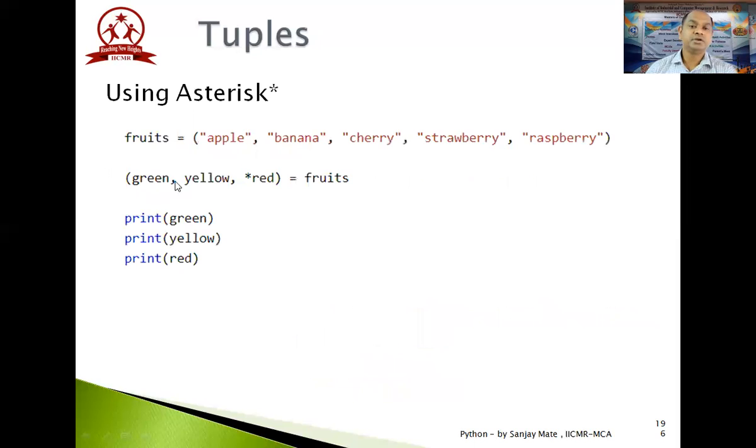Now here I have shown you an example where I have a tuple with the elements 1, 2, 3, 4, 5, and here I'm writing fruit, and providing only three identifiers. How is that possible? For that I have written an asterisk here. Once I write the asterisk, it means apple will be assigned to green, banana will be assigned to yellow, and the remaining everything will be assigned to red. So red is again a list of these three elements. So this is also one way you can do that.